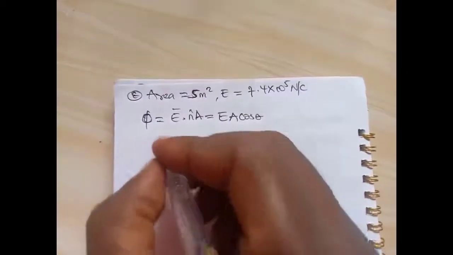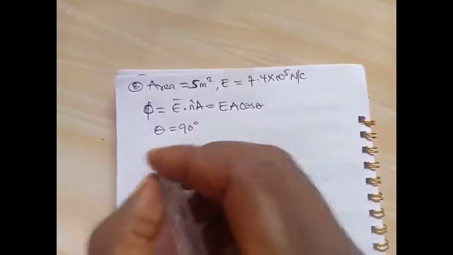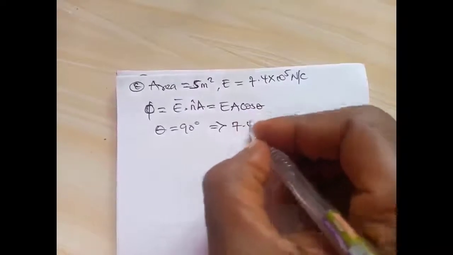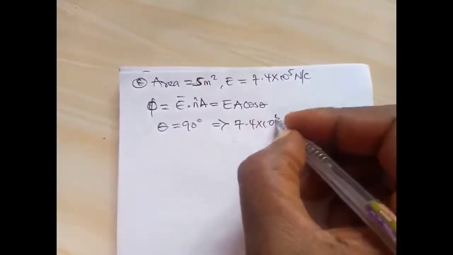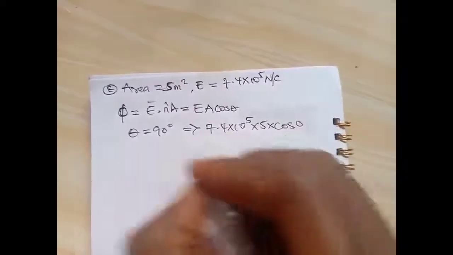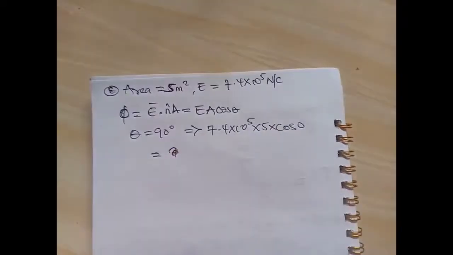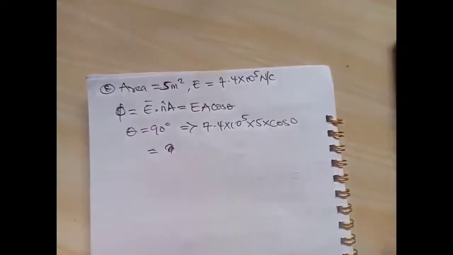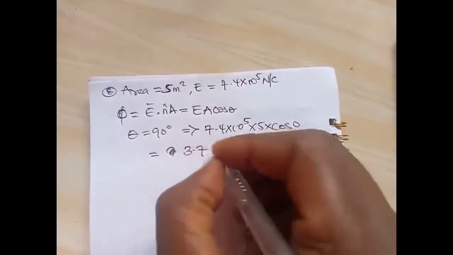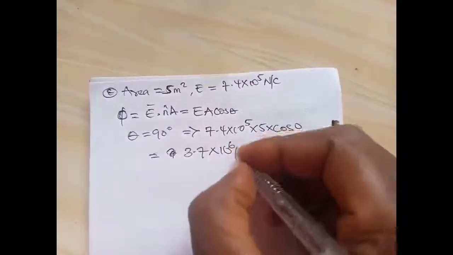Now, since it is perpendicular, theta is 0. So we're going to have 7.4 times 10 raised to power 5 times 5 times cos 0, which, if we press it in the calculator, will give us 3.7 times 10 raised to the power 6